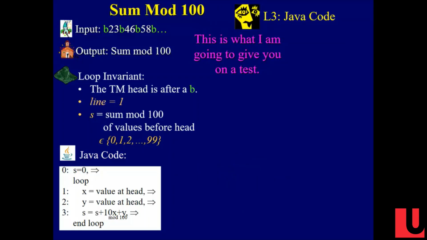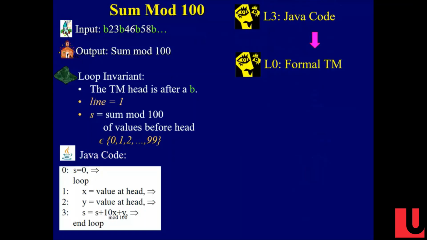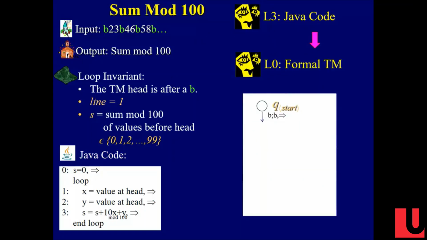I'm going to give you on the test, right, the loop invariant and the code. And now our goal is to develop a Turing machine, all right? So what might you do with it? One thing you might do with it is to try to build a low-level Turing machine. All right? So how do you do it? Well, I'm in the start state, and then I move over to some other state whose name is some integer. I don't know what it means.